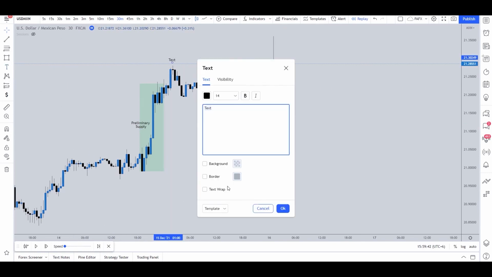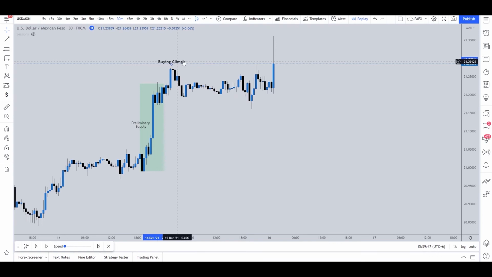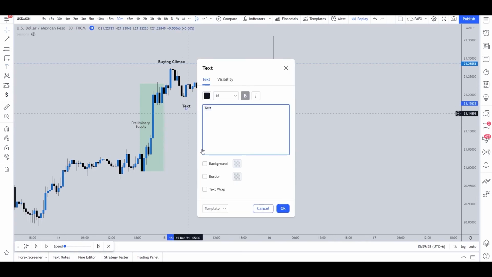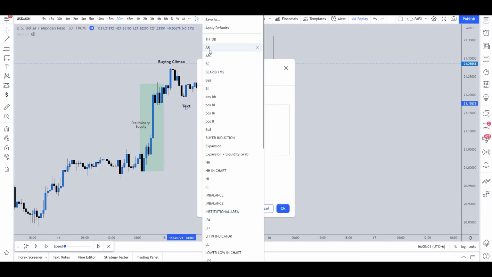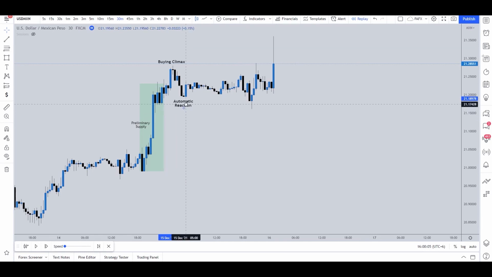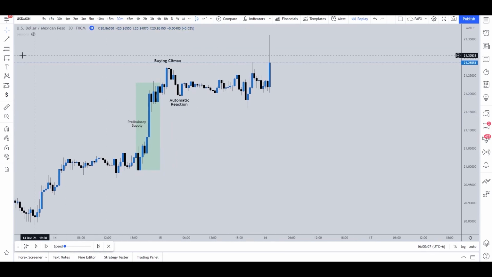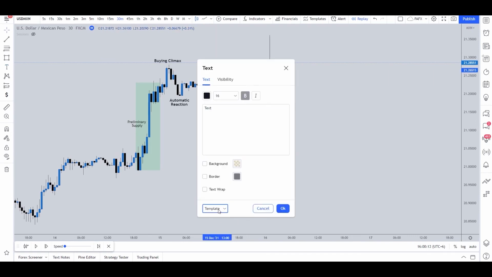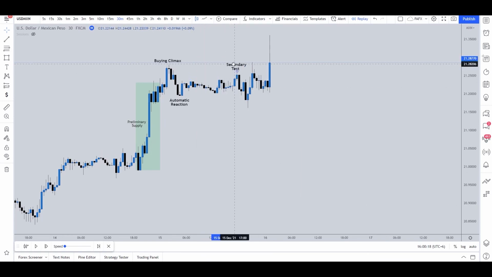After that, we had the buying climax. Now the buying climax is where the market often increases in volume and price spread, and this force of buying reaches a climax with heavy or urgent buying by the public being fueled by professional interest, same as what the banks do. After that, we had the automatic reaction. It is where the intense buying has substantially diminished after the buying climax and heavy supply continues, and an automatic reaction takes place. After that, we had the secondary test. Now the secondary test is where price revisits the area of the buying climax to test the demand or supply balance at these price levels.